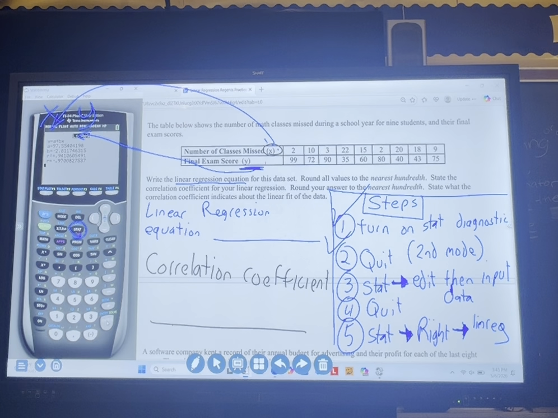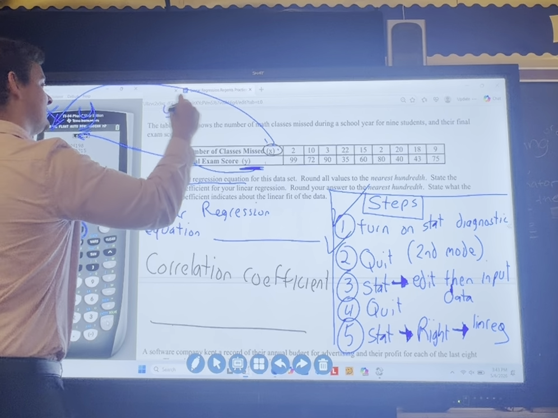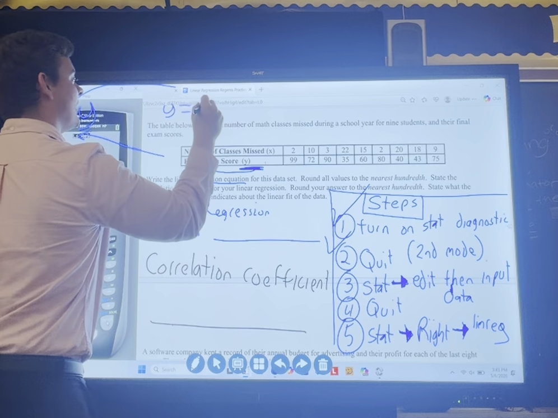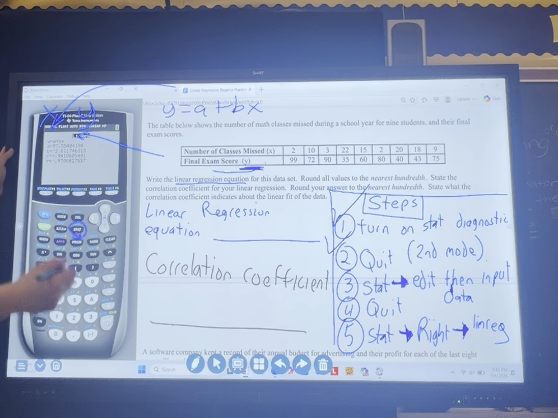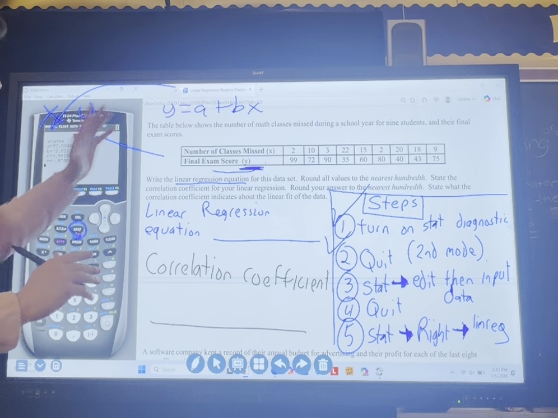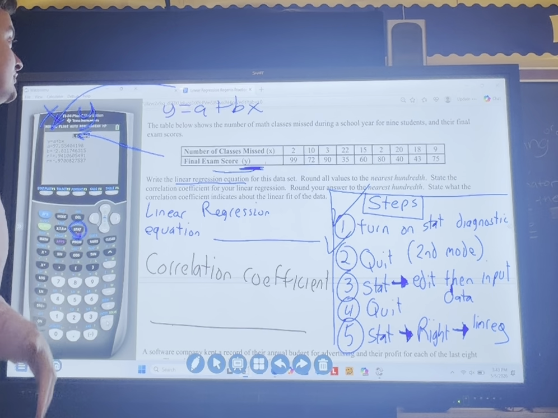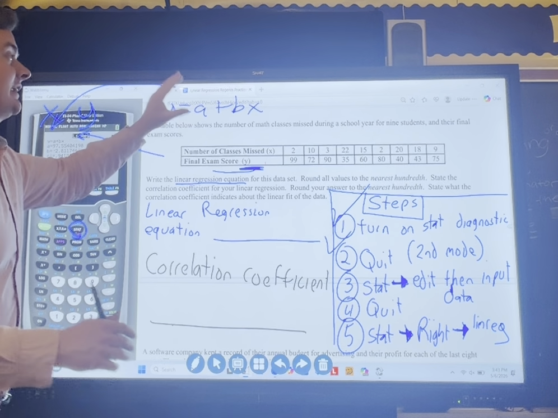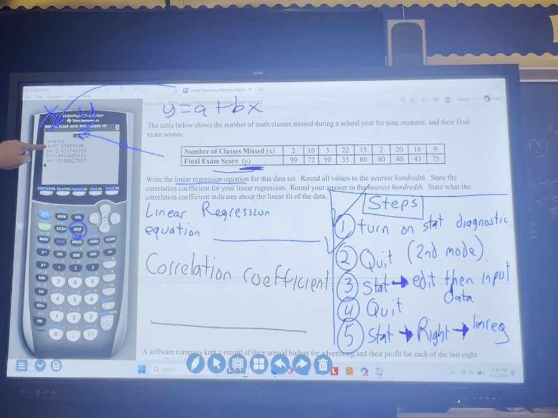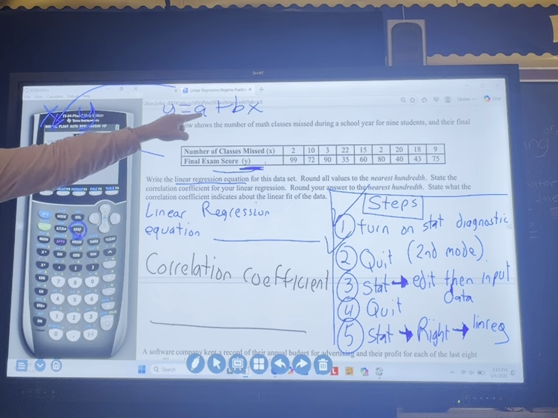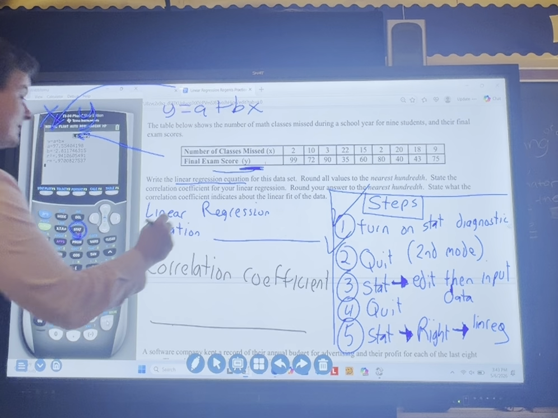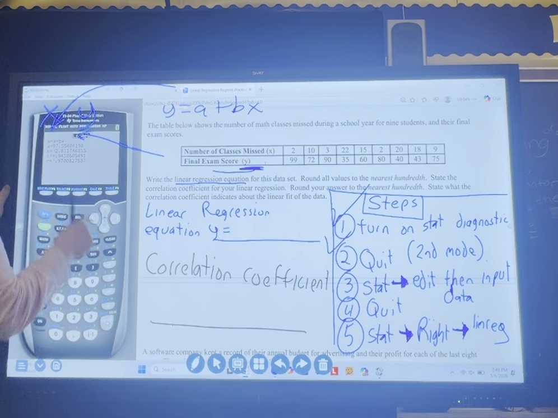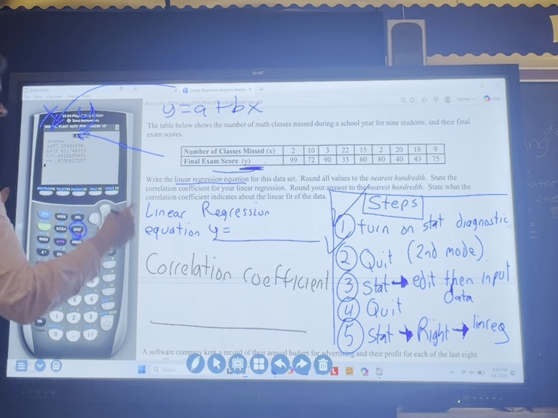Okay, it says y equals, let me erase this, y equals a plus bx. Why is it like that? It's supposed to be y equals mx plus b. I honestly don't know why it changes. Ask your future math teachers that are smarter than me. I'm just going to try to get it right. A is 97.554. So I'm going to write y equals, and instead of A, I'm going to put